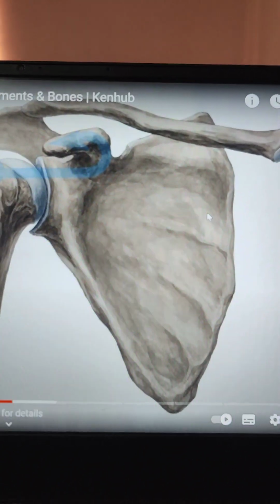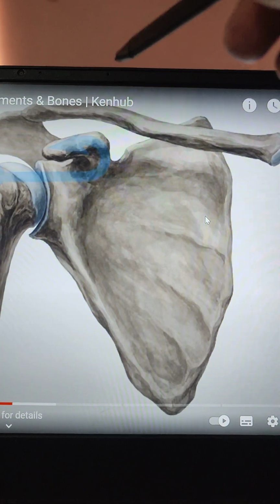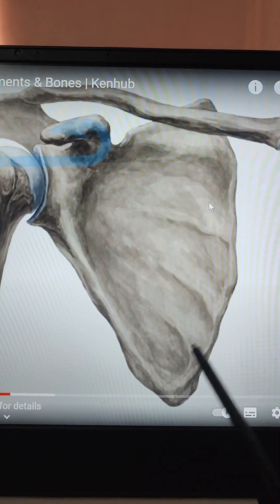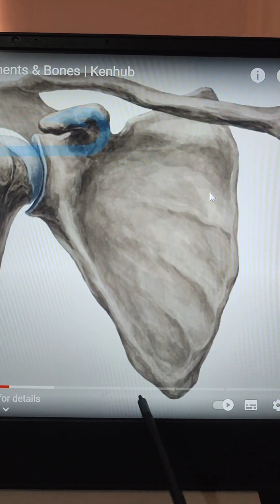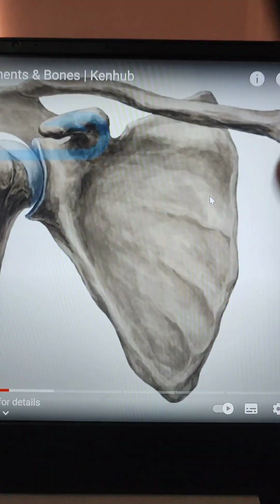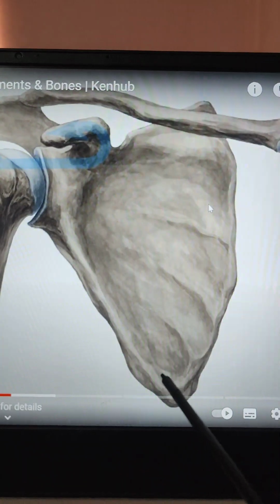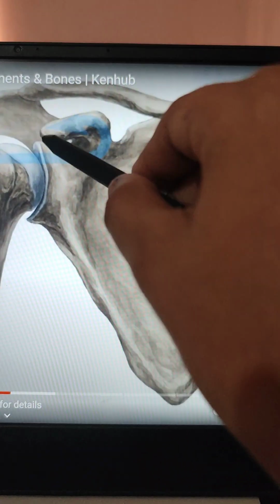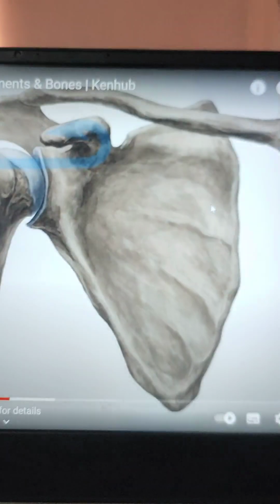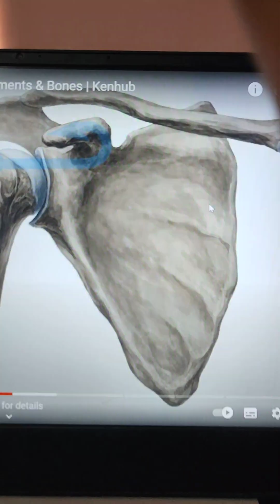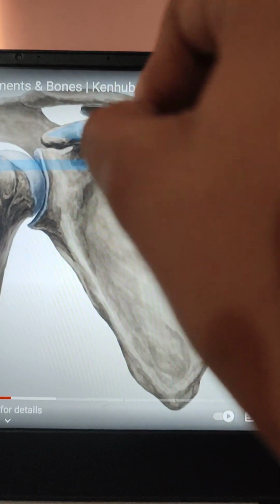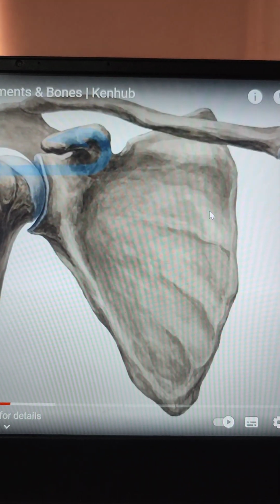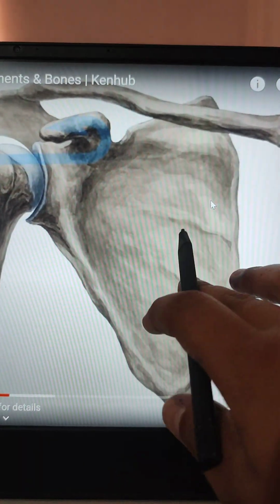Okay. Scapula side determination. Side determination of the scapula is done by placing the inferior angle inferiorly, by placing the glenoid cavity laterally for the attachment of the humerus, and the coracoid process somewhat forward and laterally. You can see here this is the inferior angle, this is the superior angle, and this is the lateral angle of the scapula. So this is our side determination.